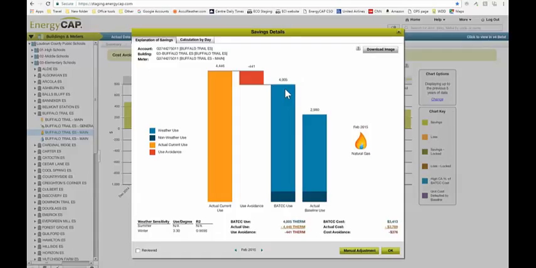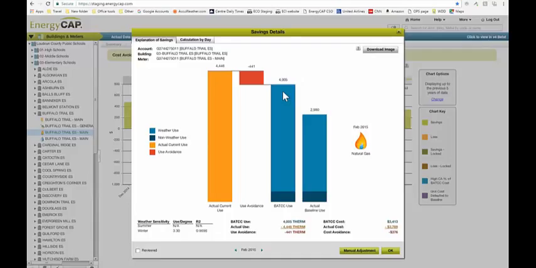So we found a lot of cases in this polar vortex situation. The buildings were put in freeze protection mode. They weren't set back at night. The temperature wasn't set back. They were just run at 72 degrees all night long for protection against freezing. So the weather model is based on historic trends, and in your historic trends, we're not in freeze protection mode. All that to say that the building was operated differently in Feb of 2015, so the weather model did not